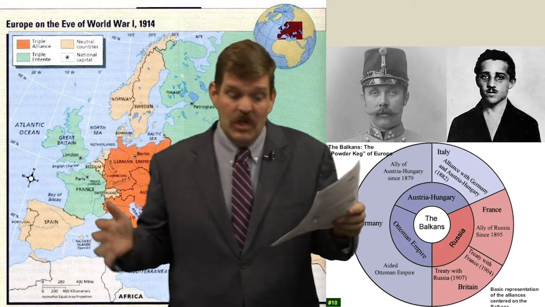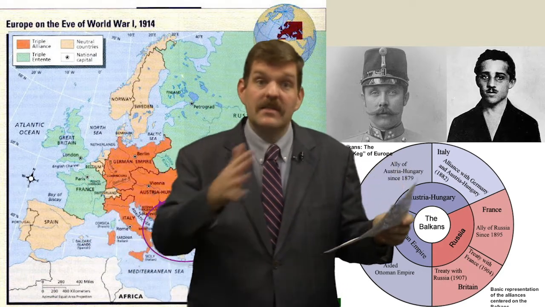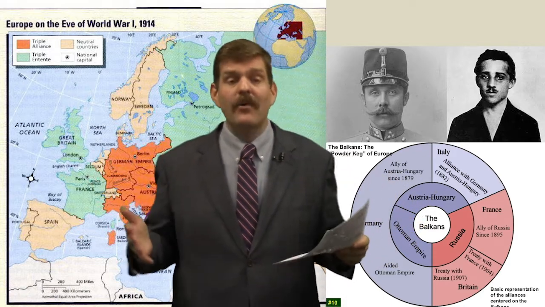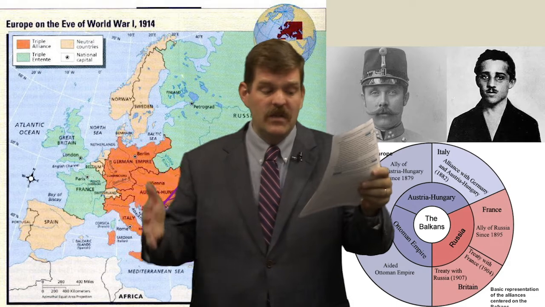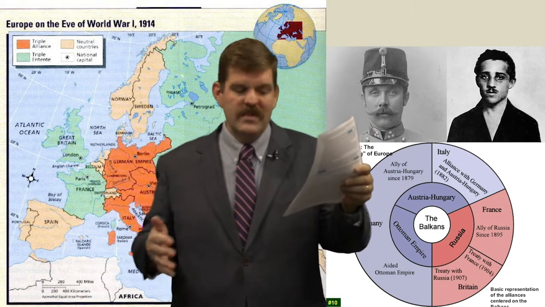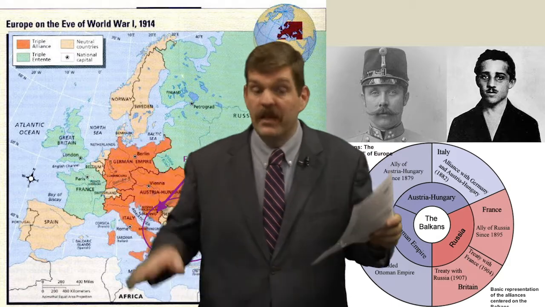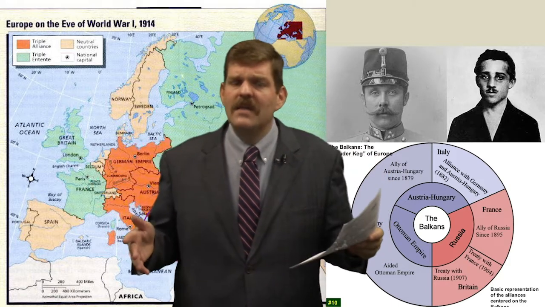An assassination led to a war, and alliances complicated that conflict. The Balkan Peninsula had long been known as the powder keg of Europe, like gunpowder ready to explode, because of the ethnic rivalries among the Balkan people, and because the leading powers of Europe had economic and political interests there. And here we meet Franz Ferdinand.